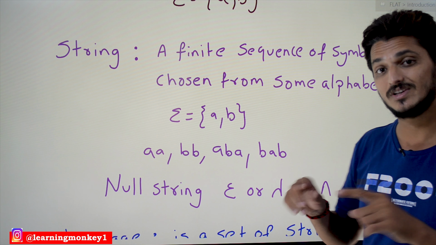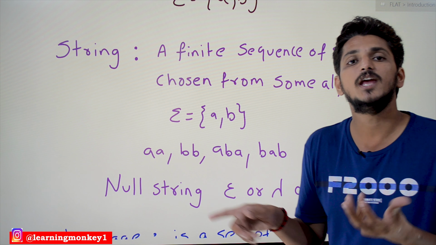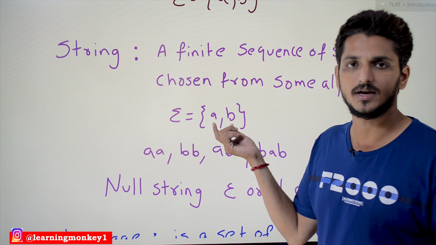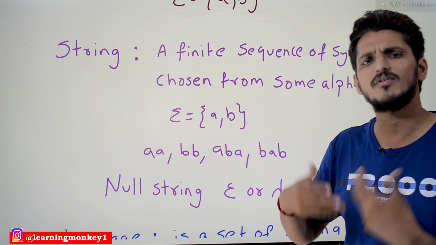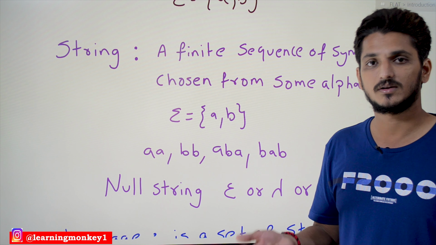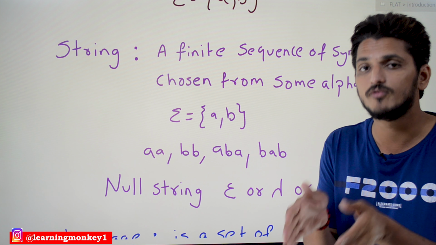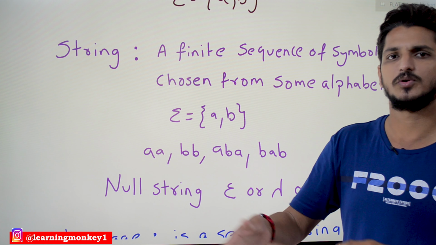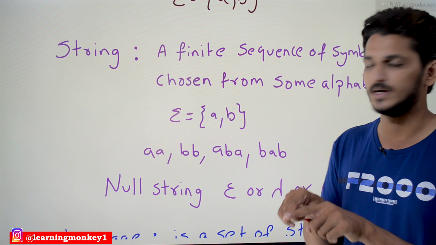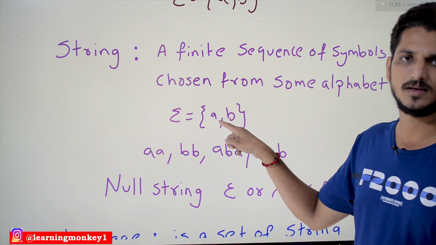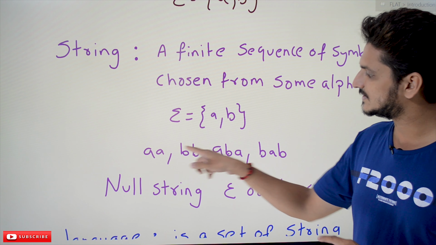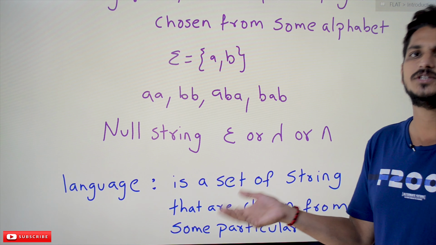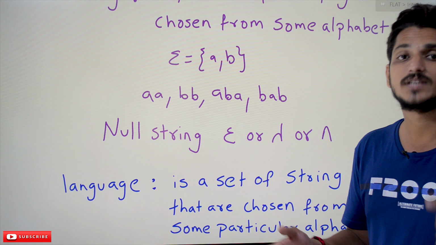In our previous classes we took these as input strings, generated using the given alphabet. We can generate many input strings, but our DFA will accept only a few of them. String means you can type any input based on your alphabet. Our alphabet is a and b. So these are strings, and we also have the null string. The null string means the empty string, where there is no symbol.